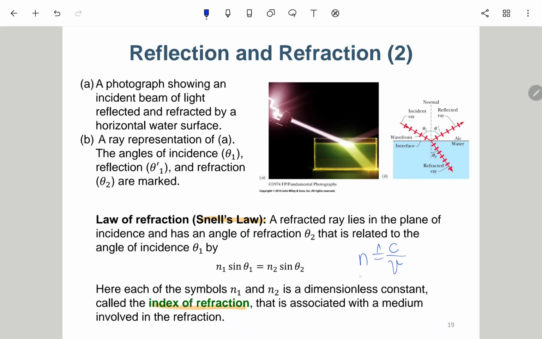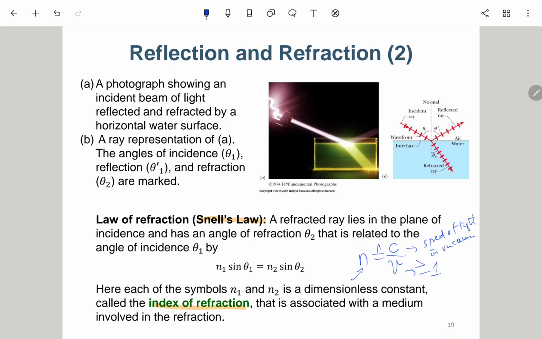This is the index of refraction for a material, where c is the speed of light in vacuum, 真空的光速, and v is the speed of light in the material. 就是因为其他任何的物质的光速都会比在真空里面来得慢，所以 c 除以 v 就定义为那个物质的折射率，这个数一定会大于等于 1。